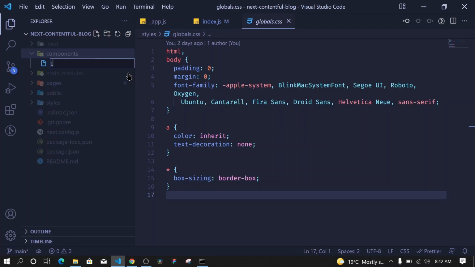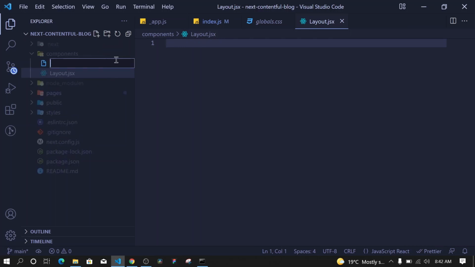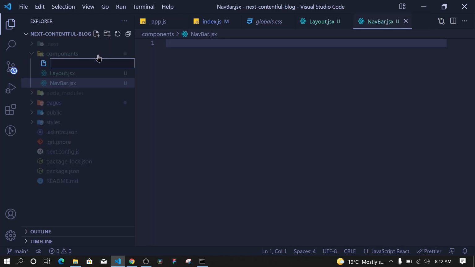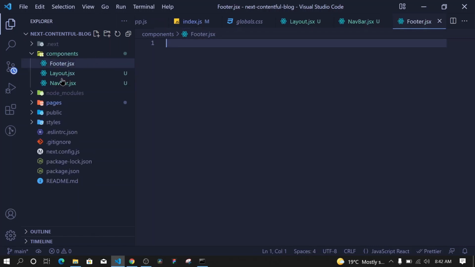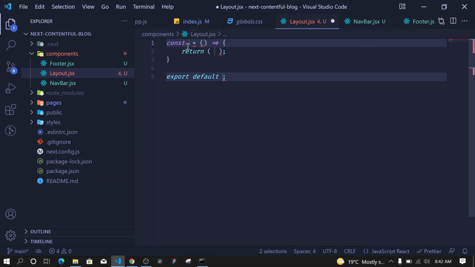So I'll say layout.jsx. And then I'll create another file called navbar.jsx, and I'll create another one called footer.jsx. Okay, and then let's start with the layout. So at the layout here, I can use a shortcut to create a component. I'll call it layout,